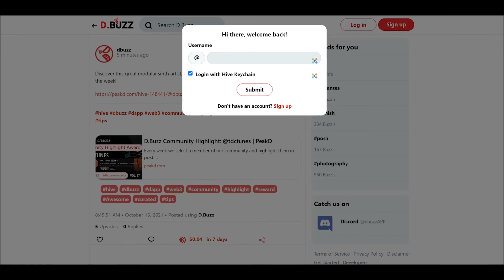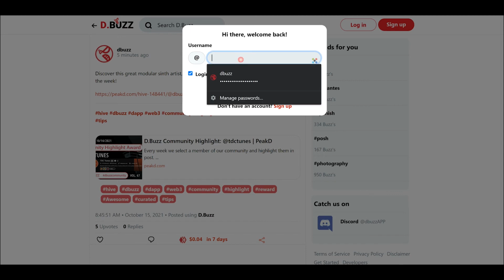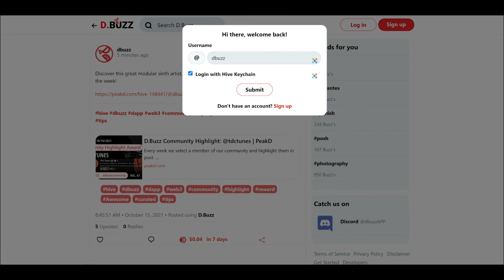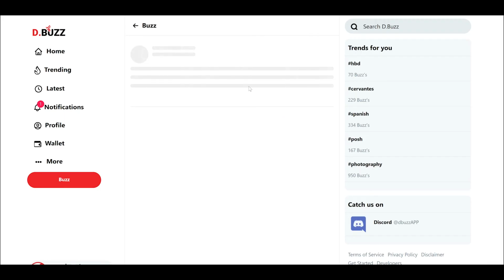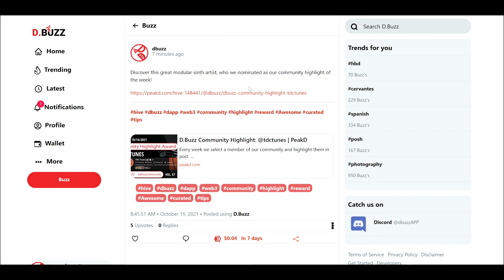Back on D.Buzz, after you've installed the Hive Keychain app and you've imported your keys, you can now log in with just using your username. In this case, D.Buzz. After I've entered my username, I have the checkbox clicked for login with Hive Keychain. I click submit, and then after it processes on the blockchain, you are now logged in and ready to start